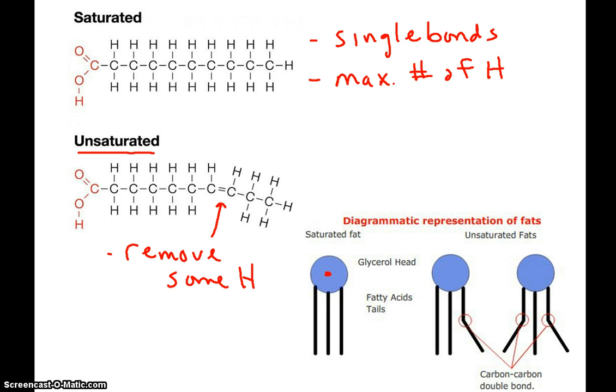Try this again. If we look at the saturated fat right there, you can see the tails are all straight. So when there's a lot of them together, they're going to be able to bunch together, and that's going to make it a solid. Saturated fats tend to be solid, whereas if we look over to the right, with the unsaturated fats, every time there's a double bond, it puts a kink in the tails. Those molecules aren't going to be able to pack together as well, and they're going to remain a liquid